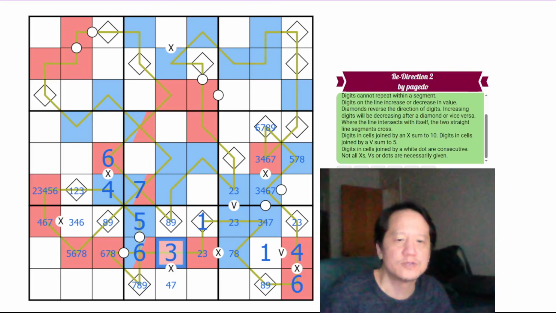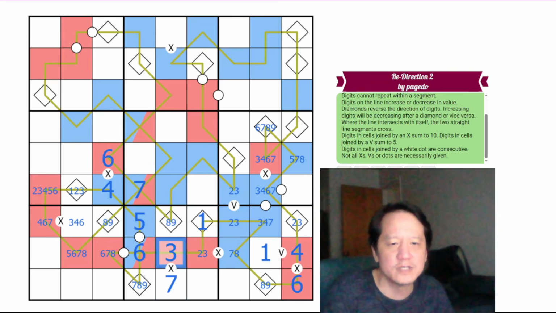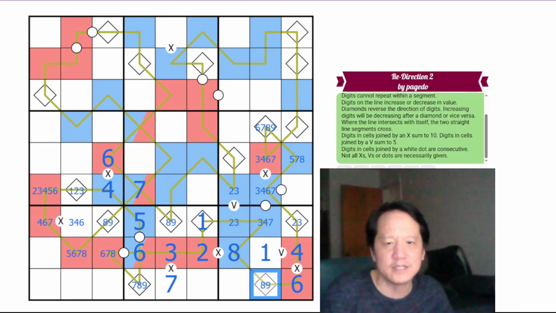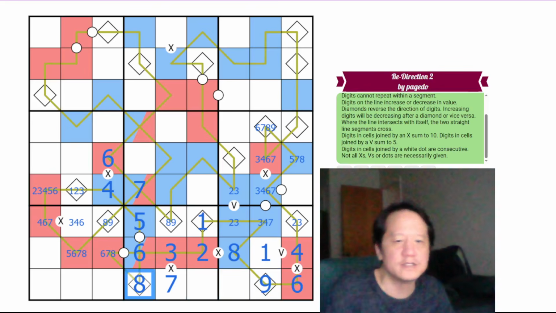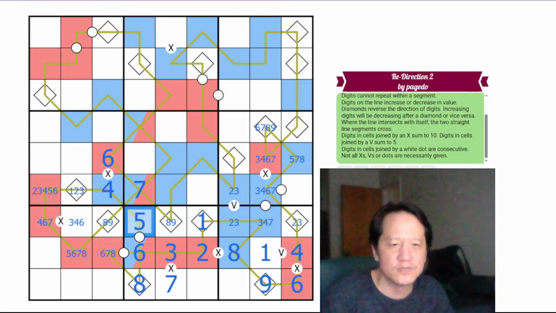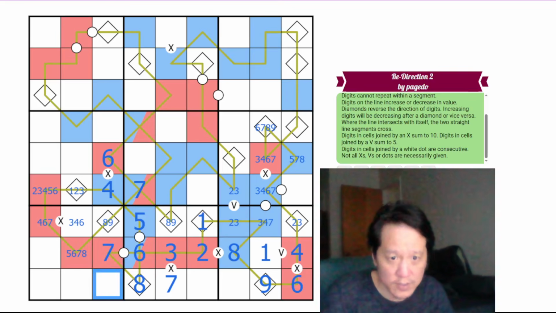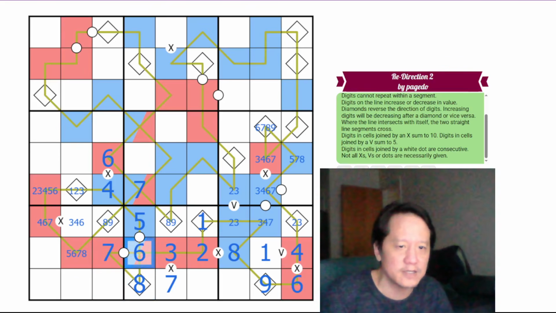So this is 3 and 7 adding up to 10. 3 eliminates 3 here, so it's 2 and 8 adding up to 10. 8's less than 9, so this is 9 here. This can't be 7 or 9, it's 8 here, which means this is 5, 6, and 7 to be consecutive and less than 8. No 7, 6, or 8 here, so this is 5,